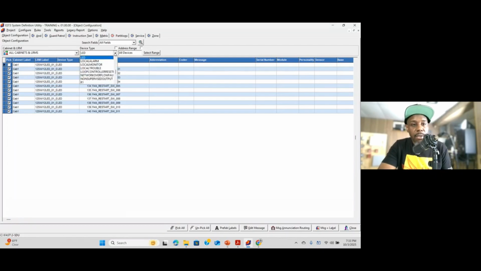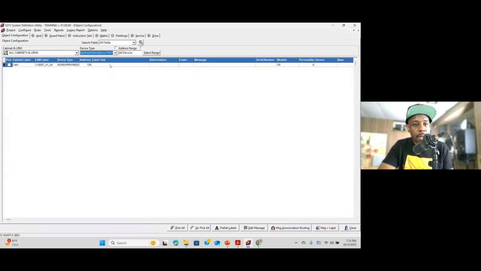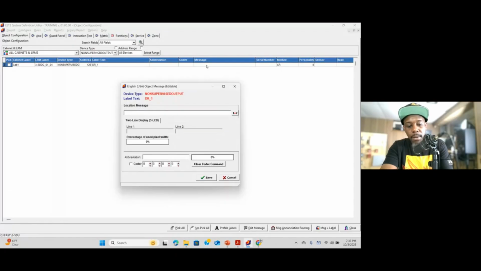So we got our LED straight. What else? What is this? This will be our door, so let's call this door 1. Give it a message. We're gonna call this first double doors. Did I spell that right? You see we got D in ORs. So what you do is hit the space bar to go over to the next line, and that way you can have a nice clean label. Corridor. I guess that's right.